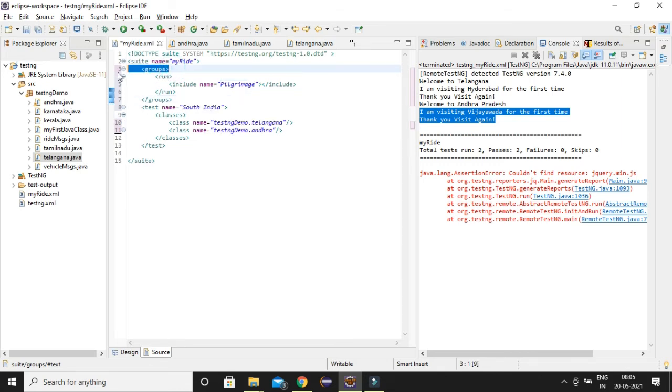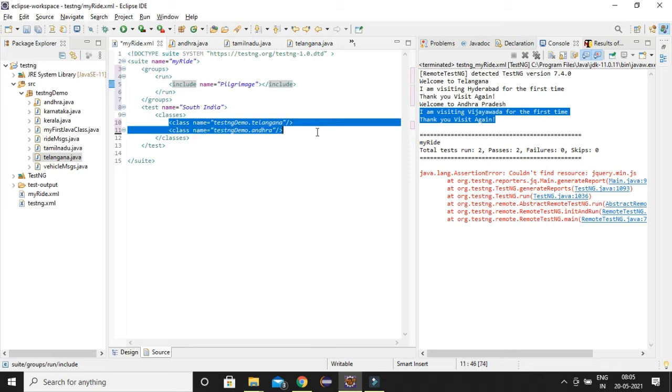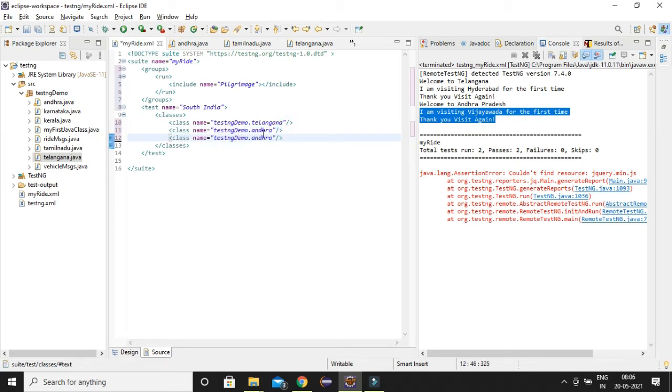I'm going to run a group with name pilgrimage from these classes. If you want to include other states, you can just come and include the state name here. That should be fine. That's enough. You need not again write your class and include methods that you want to execute.